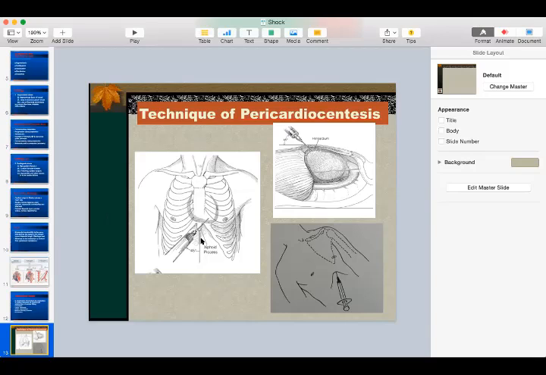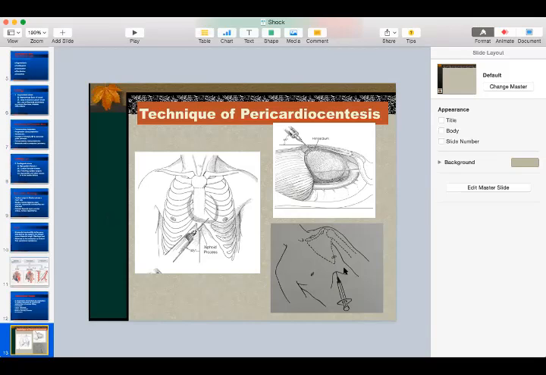After that, we angle the patient to 10 to 15 degrees, head side up a little bit, and then we position the needle 45 degrees from the sternum or the xiphoid process. And there are two types of pericardiocentesis. There's either the infrasternal angle, which is shown in this picture,